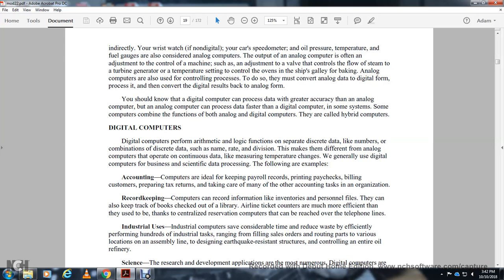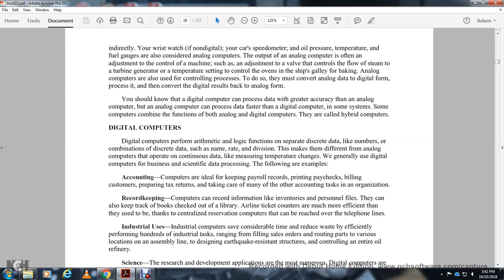You can also keep the books, check with the library, and airline take the account of the over the much more efficient than they used to be, thanks to centralized reservation computers that are reached over the telephone lines. Industrial computers save considerable time and reduce waste, performing hundreds of industrial tasks, ranging from filling sales orders to routing parts to various locations for the assembly